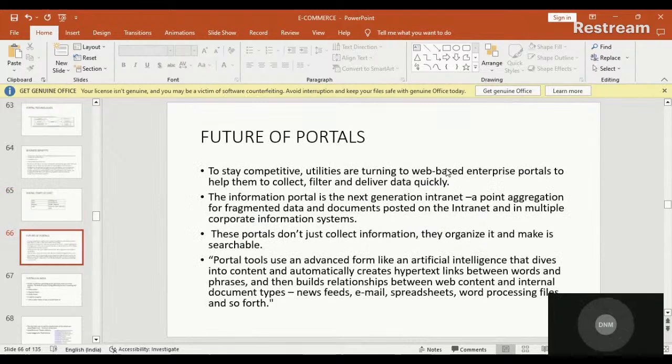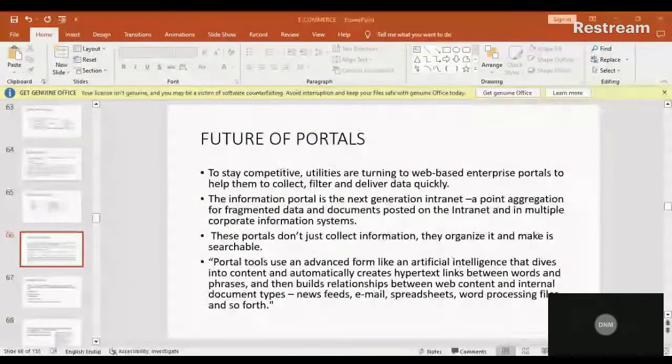So, future of portals. So what is a portal? You all know the portal is nothing but Yahoo, Google, search engines, Microsoft. All these are portals. To stay competitive, utilities are turning to